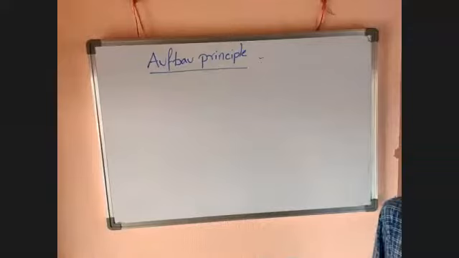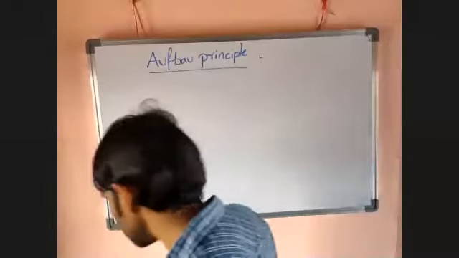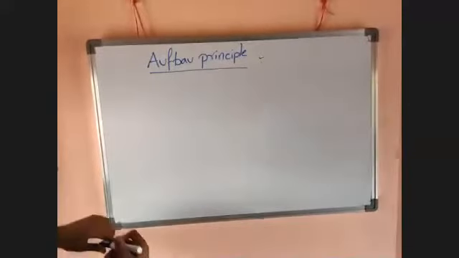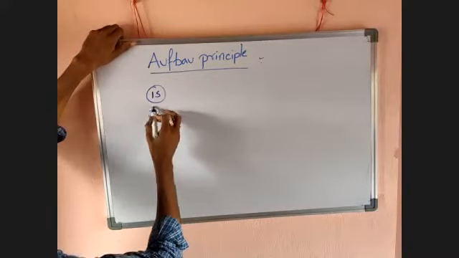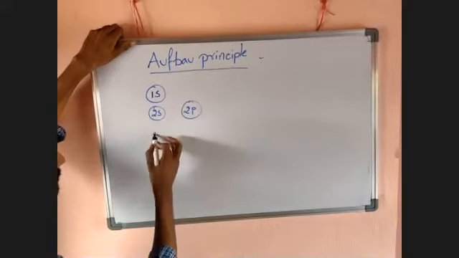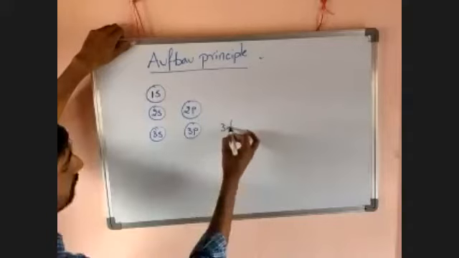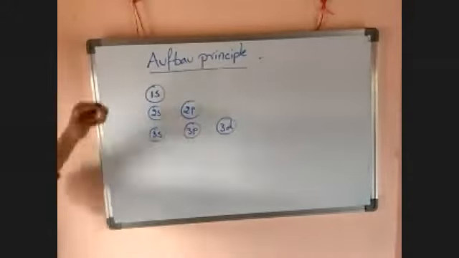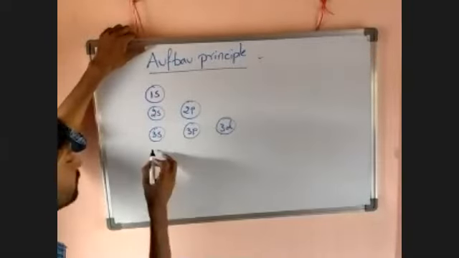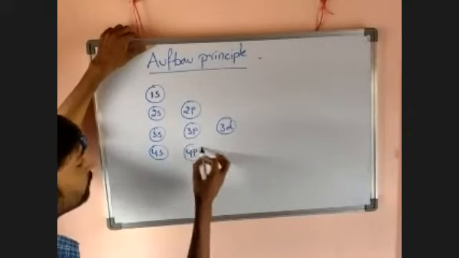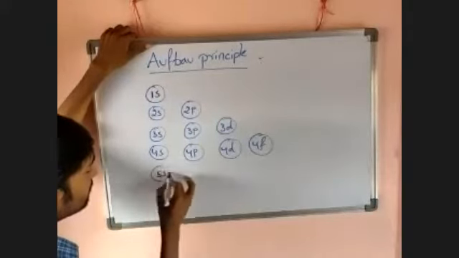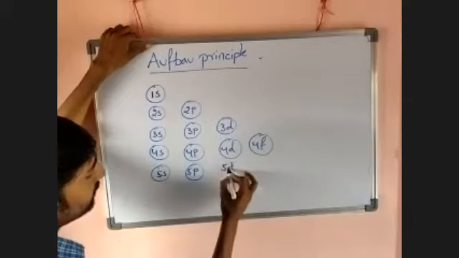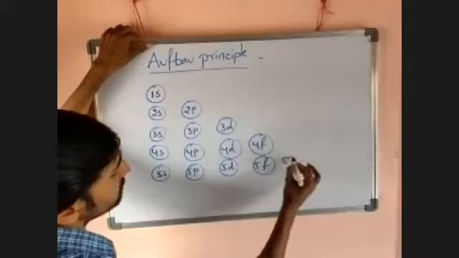That means only after the lower energy orbitals are filled does an electron go to atomic orbitals with higher energy. To explain that, there is a short method for it. So that one is like this. First 1s we have to take, then 2s, 2p, then 3s, 3p, 3d, then 4s, 4p, 4d, 4f, then 5s, 5p, 5d, 5f, like that we can write.